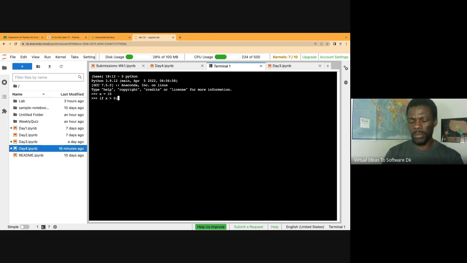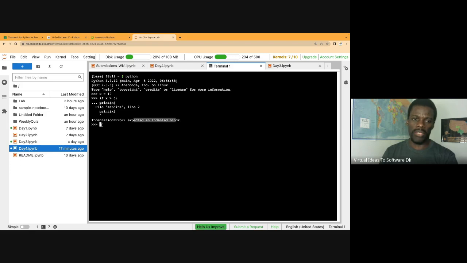When we use a colon in an interactive environment, it's going to give us three dots to show that you're still writing a compound statement and need to continue. But since we are not using an IDE, we have to give our own spaces. If I just say print x,